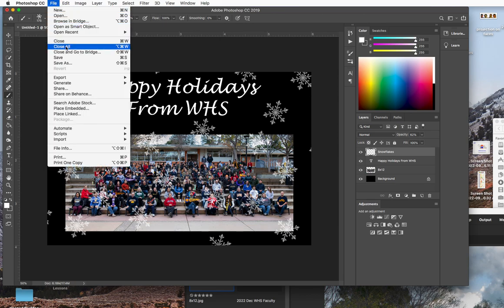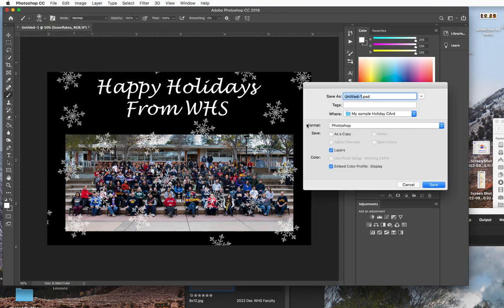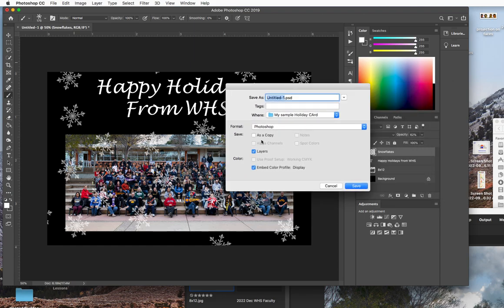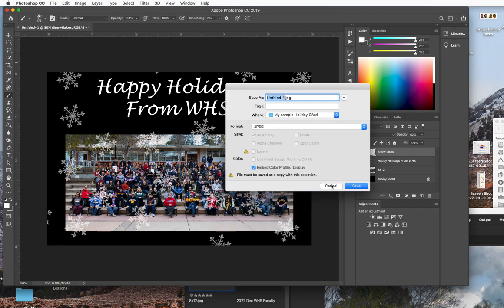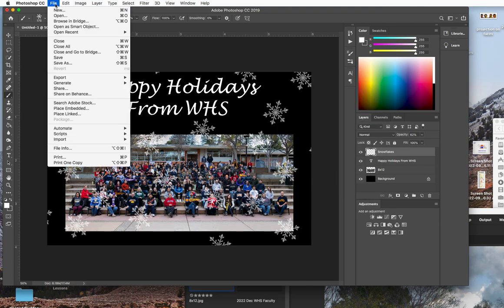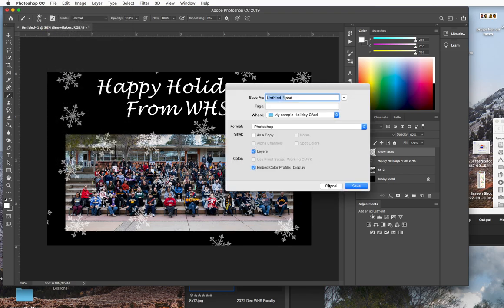So File, Save As. You're going to have to click on Save as a Copy to bring up the JPEG option. So that is the printable version. It's 300 ppi for print purposes. You'd save that one. And then your last one that's for web use, before you hit Save As,